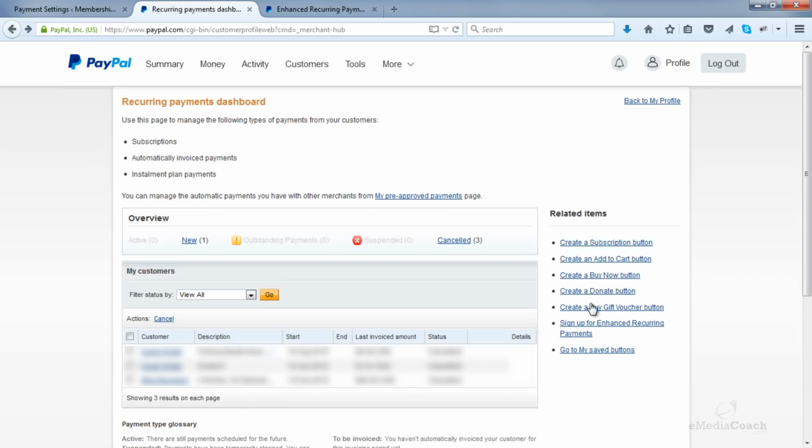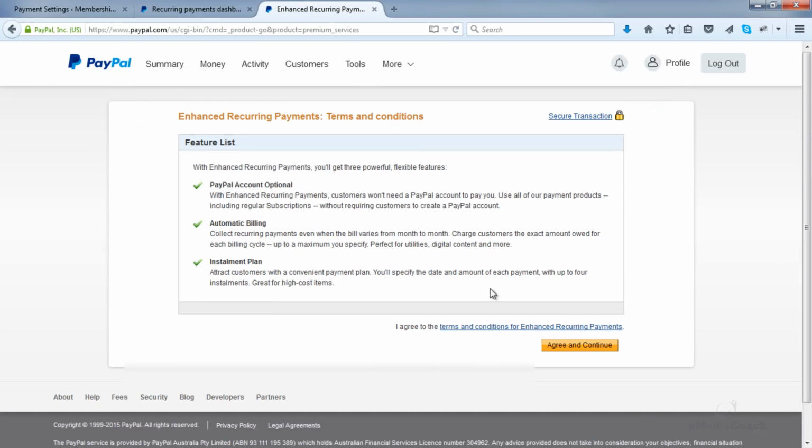So when I clicked this link here and got booted off to my PayPal summary, there's something wrong with PayPal, but this is the page that I need to access. Because I'm logged in, it's still associated with my account. So that's a little workaround that I found. If it doesn't work for you, just do what I did there and make sure you can access this page. When you do, click on the agree and continue button.